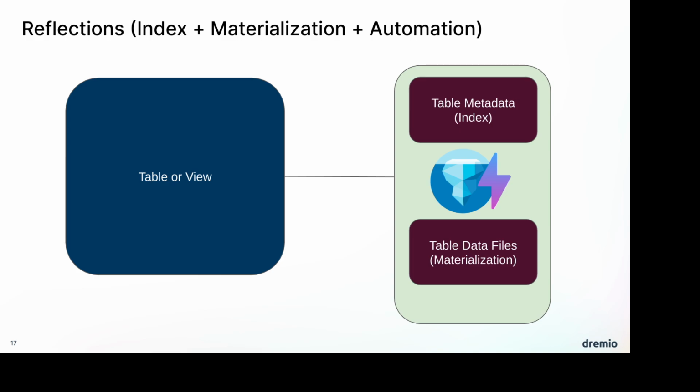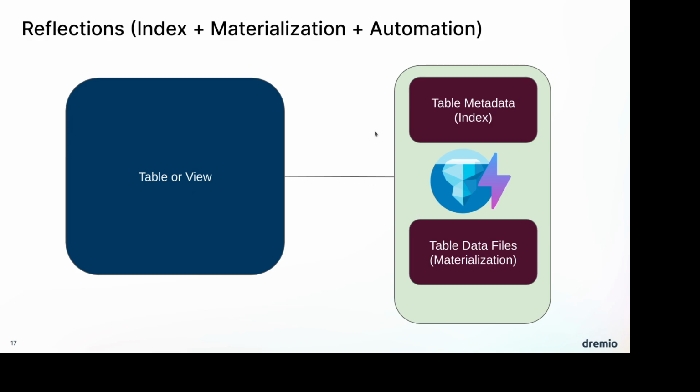But then, acting like an index, Apache Iceberg metadata provides all this information about the underlying data, to not only scan the faster physical copy better, but to scan it more intelligently, being able to do file pruning, eliminate files from your scan, and take advantage of partitioning. You can actually partition and sort these reflections. So you're not just getting a copy of a subset of the data, like a materialization, you're also getting all this metadata that allows you to scan that materialization much more efficiently. Together they act as a relational cache to your data.